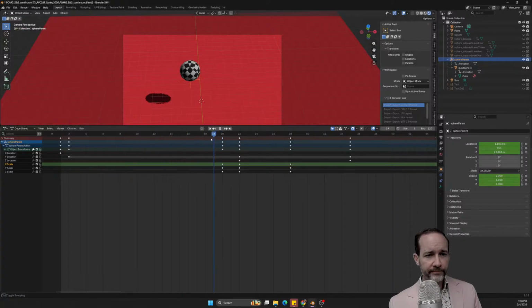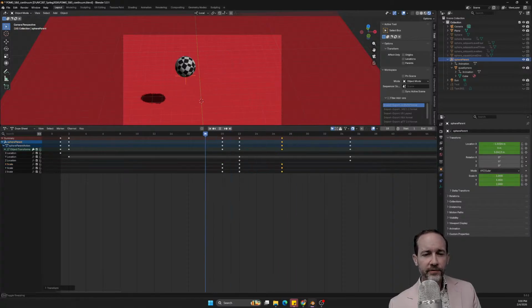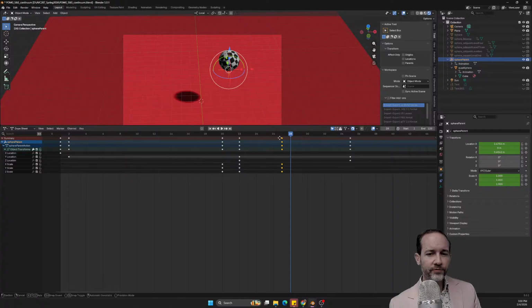Cool. Okay. And now let's get some stretch in here. And so as it's moving, the stretch is where we might have to sort of tune some things here. Let's look at this one. So we squash and then we want to stretch.